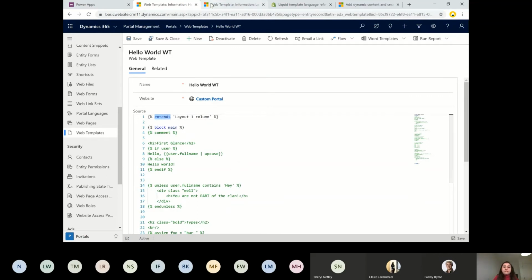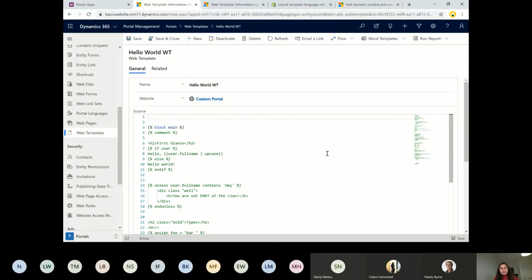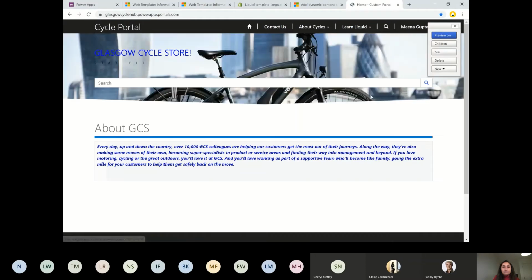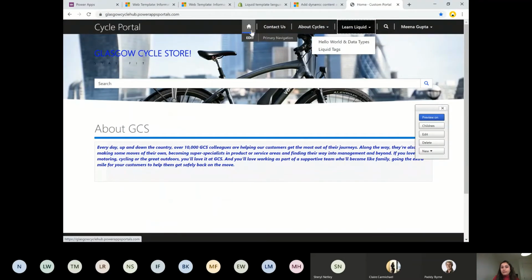Let's say we are rendering this code also here. We will be seeing some styling there. I'll show you how it looks without this and with the extension. So let me just remove this line, and then I don't have anything to be done on this page, and let's see what this code is doing and how my web page is looking. So I will go to the portal. It's the same portal that we used last time. I have logged in with the admin credential just now, and I have given this web link set in the primary navigation.